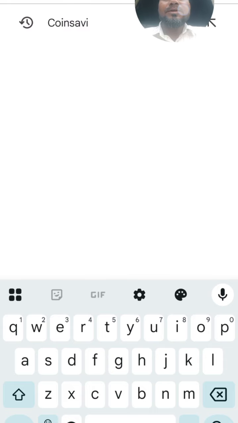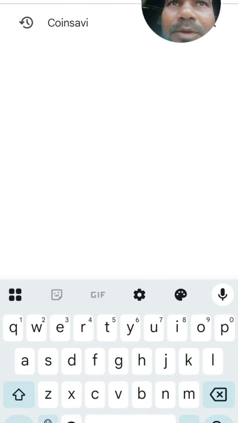Hello guys, I am a crypto miner, and I am mining CoinShebi, the native token of a crypto exchanger CoinShebi. I hope that you know that the native token are not less than $5. So if you mine some coins from native crypto exchange and native CoinShebi, you will be able to sell this coin more than $5 in a short period of time.